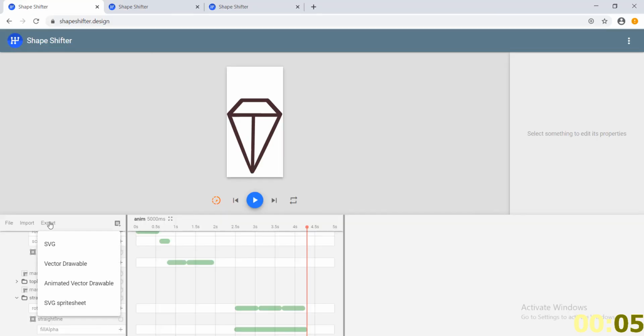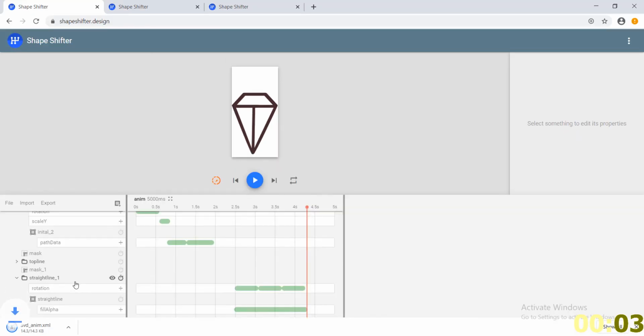Now I will export the file in animated vector drawable format that we will use in Android